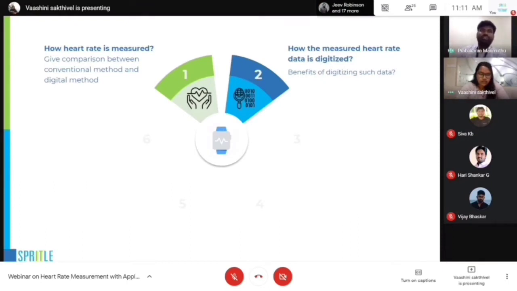Along with that, there are other third-party wearables, like IoT devices, that help digitalize more data, and all this data will be analyzed by algorithms, so that the physician can assist on the data and do more research on very large sample sizes. So this is the concept of data digitalization.